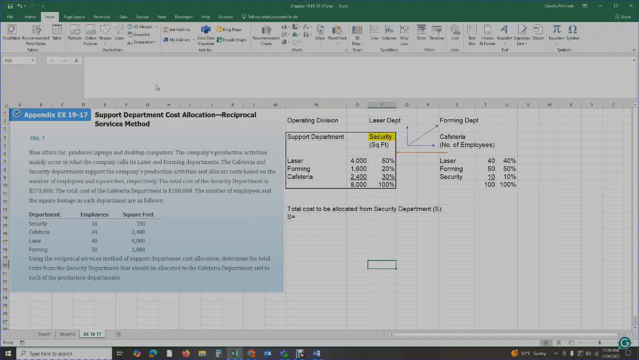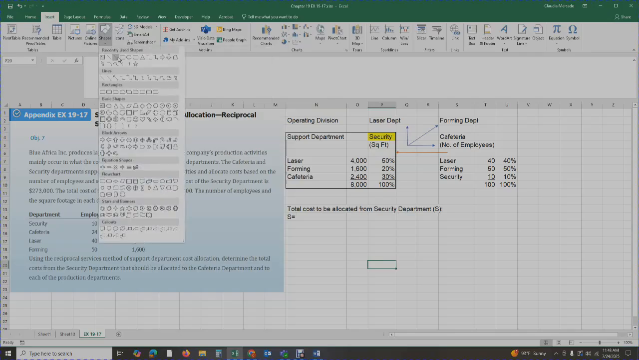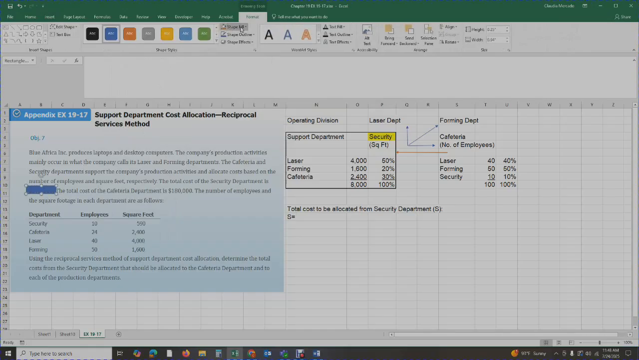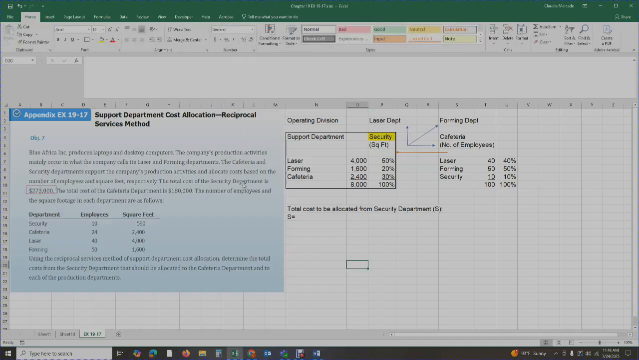The cost for the security department is $273,000 right there. So the cost of the security department is $273,000. That does not include any of the cost that is being received from the cafeteria. That is just the cost standalone for security. So I've got $273,000,